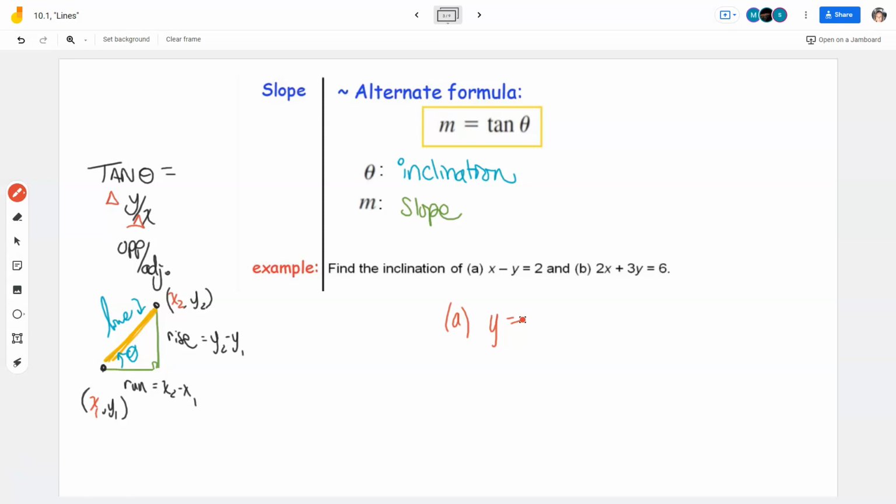Someone walk me through why it was tricky. It was. I know. It wasn't quite fair for me to do that. Walk me through your steps to get to what you are pretty confident is the right answer. Jackson, go ahead. Just subtract the x, yeah, and then you get negative y equals negative x plus 2, and then just divide it by negative 1 both times. And then you get